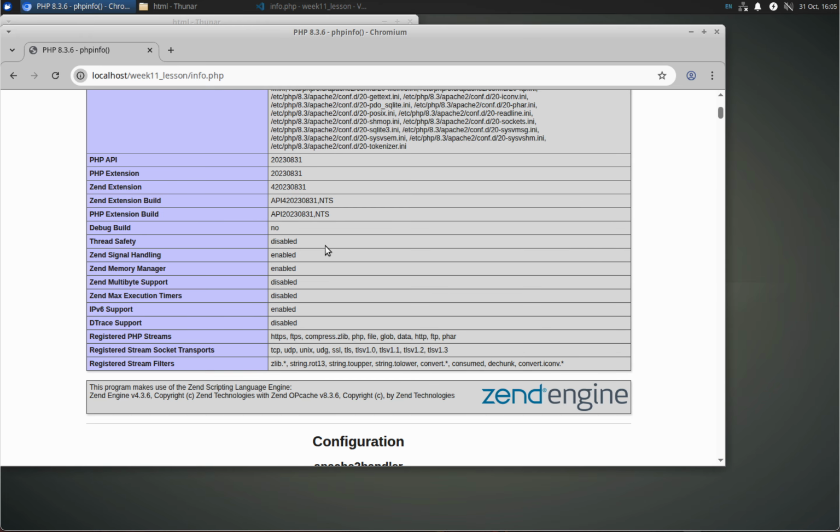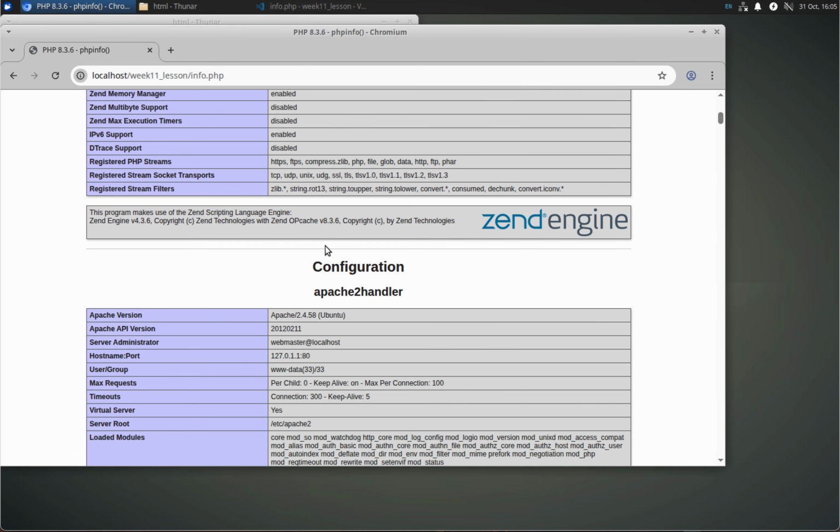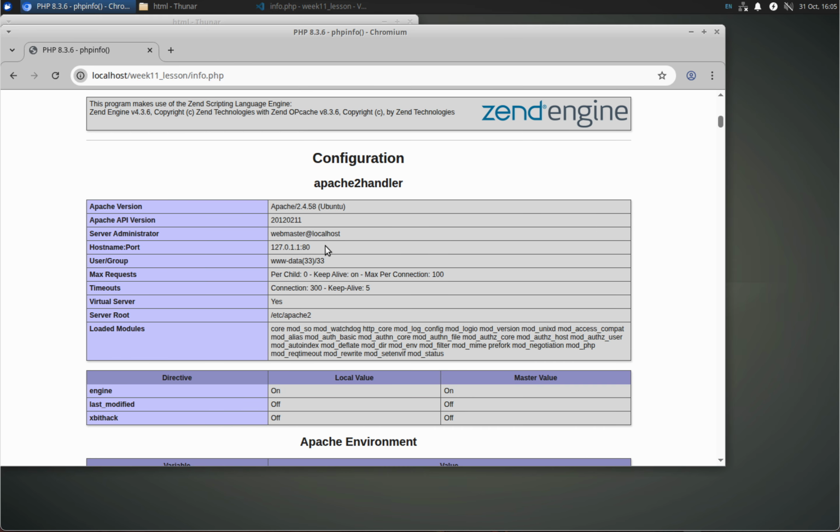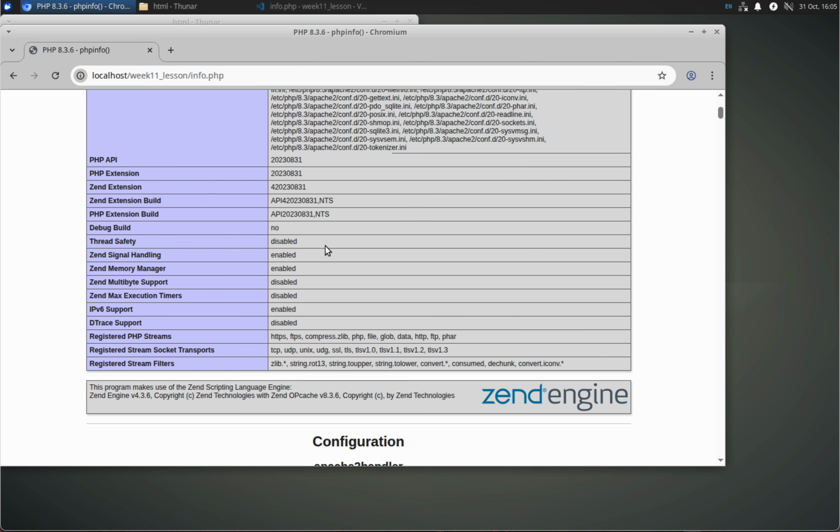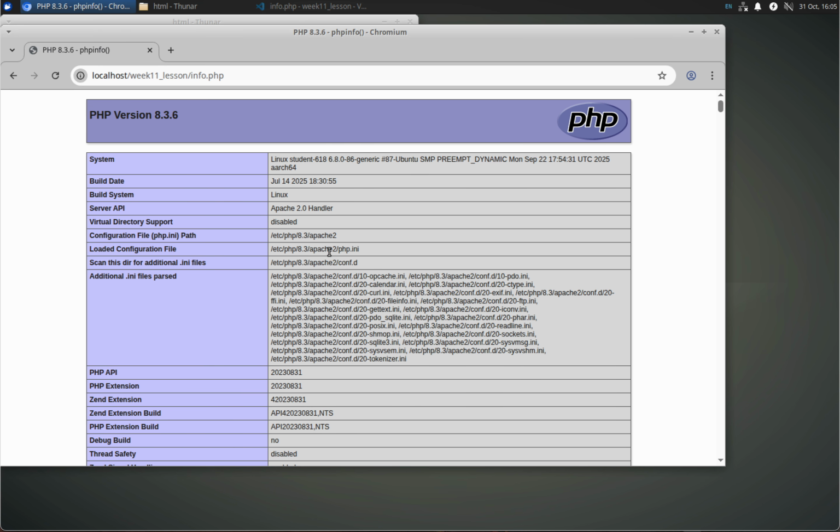You're just working on something that someone handed down to you. This also lets you look at all the little settings that may be set in your initialization file. Adjusting the initialization file of your PHP install exceeds this class, but I want to show you where it is. You can find this php.ini file at this location. No matter what type of web server you're using, if you have PHP installed and you do this info page, you can find out where that